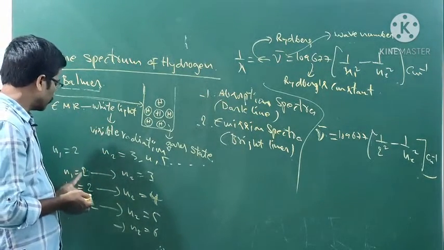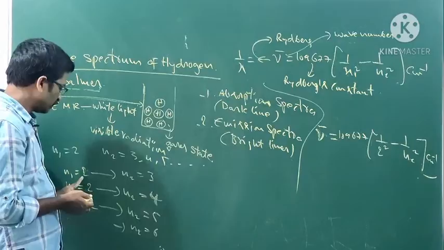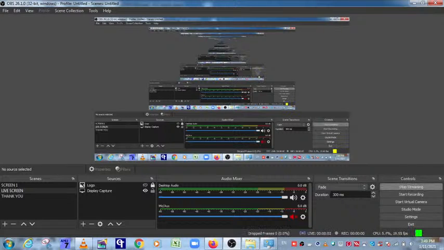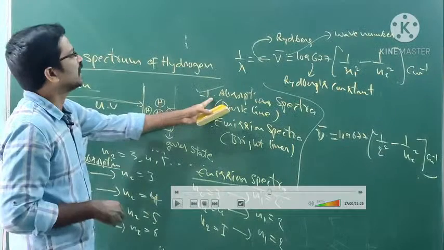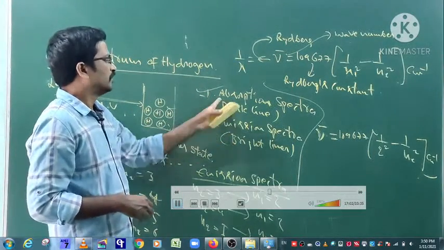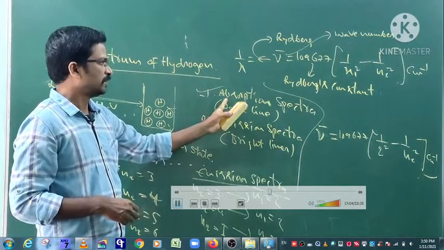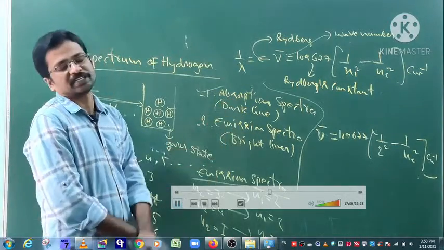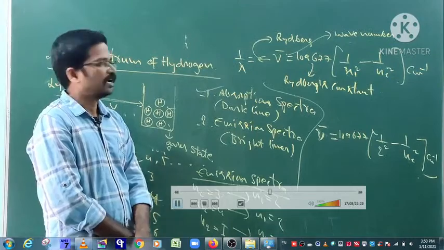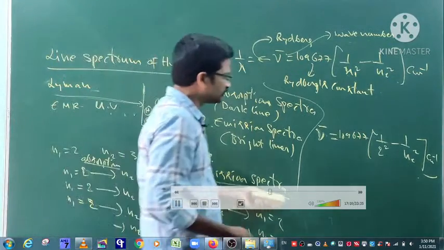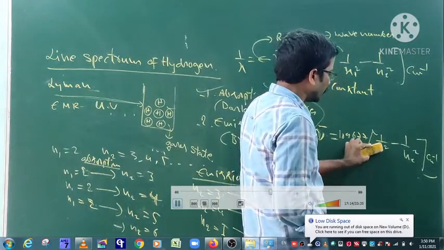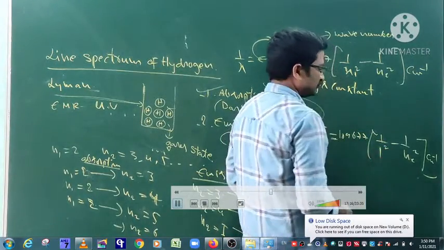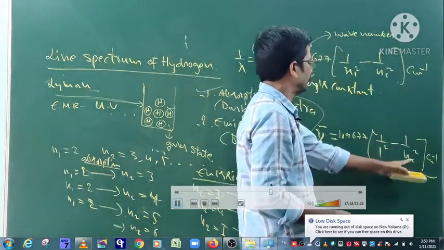Whenever the electron goes to the initial stage, he also observed absorption spectra and emission spectra, the same case. And he also explained taking 1 to any level,